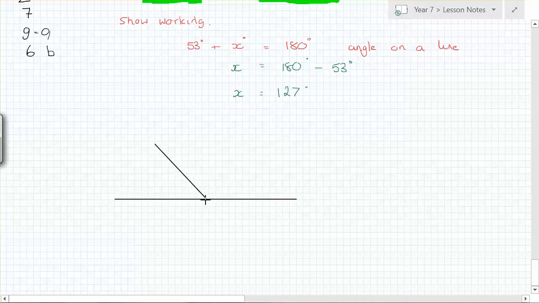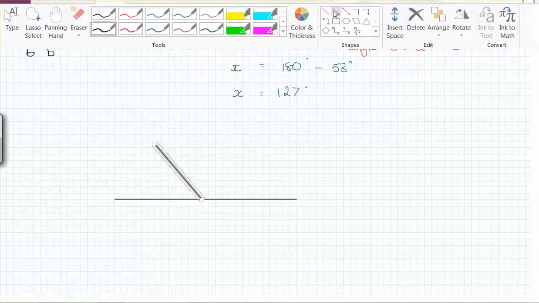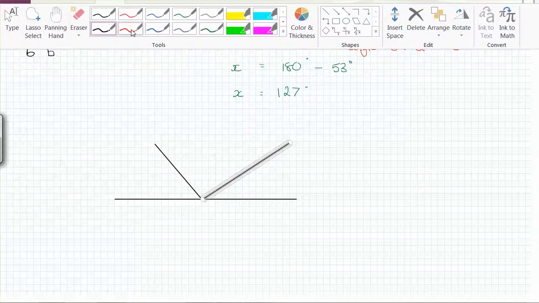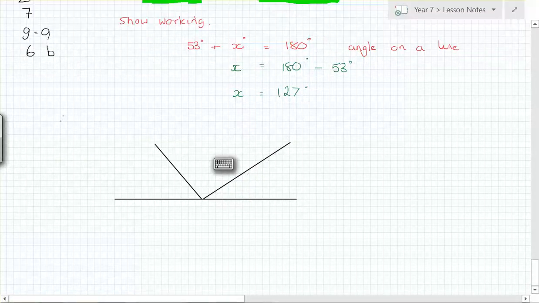If I then, because my diagram doesn't need to be exact, so your diagram that you draw can just look similar to mine. If you draw this one. Yeah, so if you draw this, and I'm going to say,